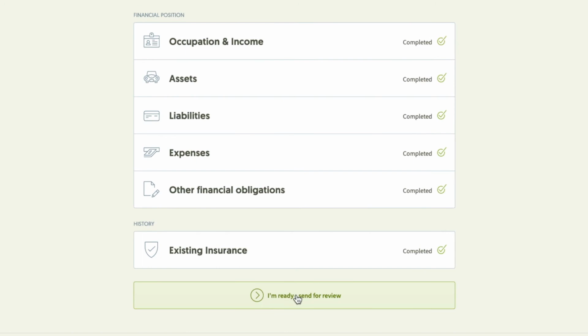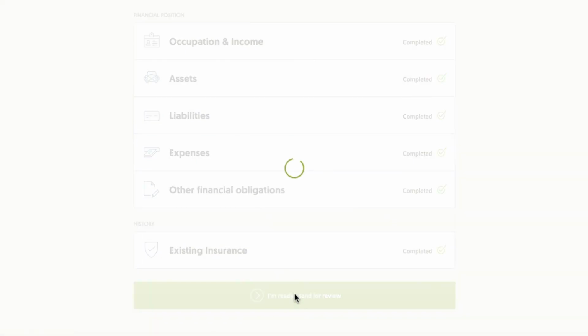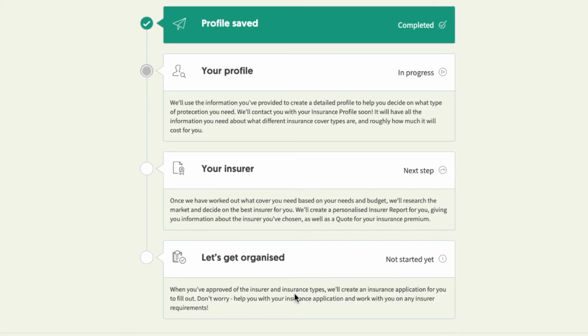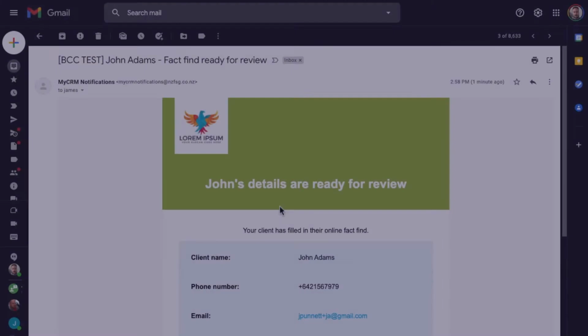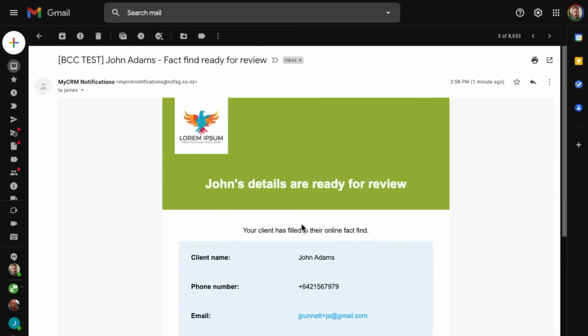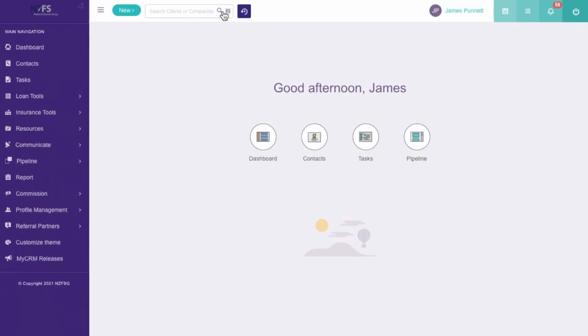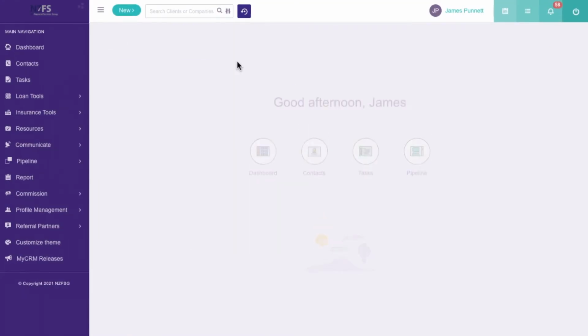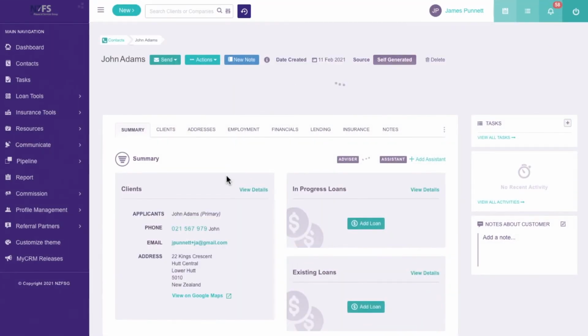And when they've completed, they simply hit the button at the bottom and send through to review. And this will let them know that that section's now completed and that this information's been provided to you. You'll receive an email to let you know that your client has completed their details on the fact find. You can either click on the link or log into MyCRM, locate your client, and then click through onto the Insurance tab,